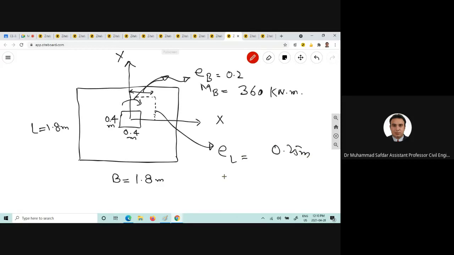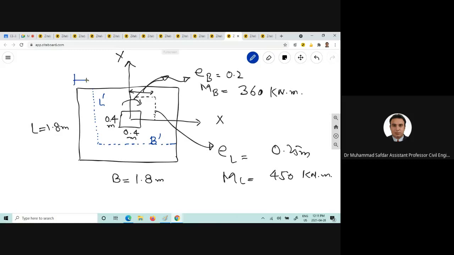0.25 मीटर, और एम एल जो कि मोमेंट्स हैं इन द डायरेक्शन ऑफ द लेंथ ऑफ द फाउंडेशन 450 किलो न्यूटन मीटर। ठीक हो गया। फिर हमारे पास इसके अलावा आता है कि ये हमारे पास इफेक्टिव फाउंडेशन हो जाएगी या इफेक्टिव एरिया हो जाएगा ये वाला, तो इसको हम एल प्राइम कह देंगे और इसको हम बी प्राइम कहेंगे।